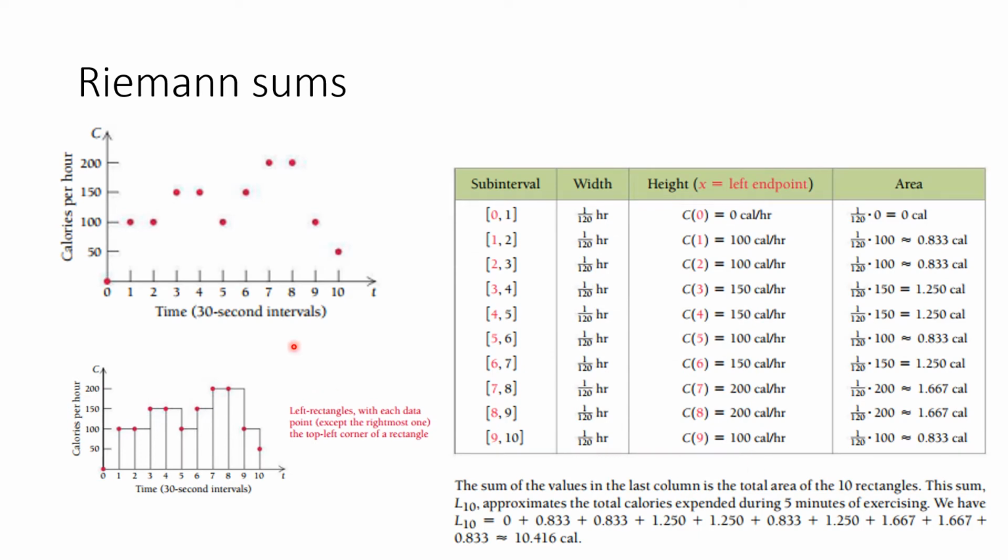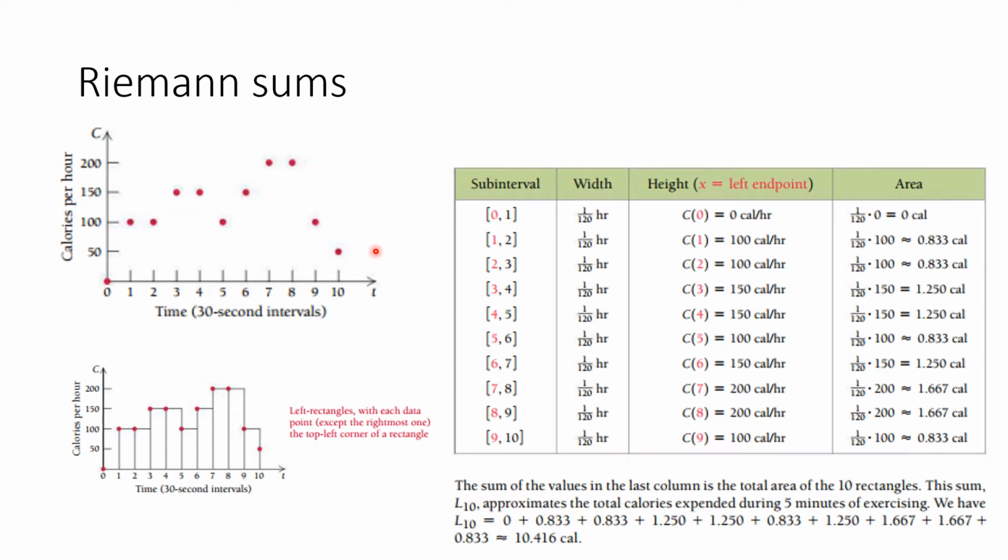So here is some data, and this is the calories burned per hour during a workout, and the time is shown in 30-second intervals from 0 to 10. And these are the measures of the calories that are being burned at 1, 2, 3, 4, 5, and this apparently is a variable intensity kind of workout, and you have all of these data